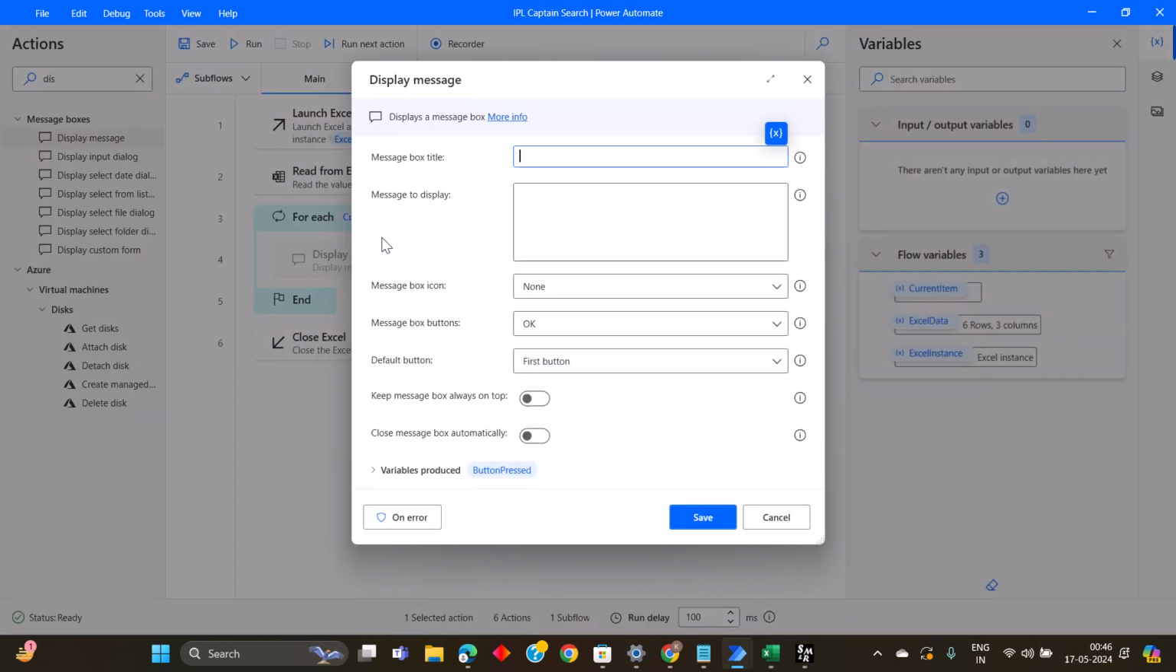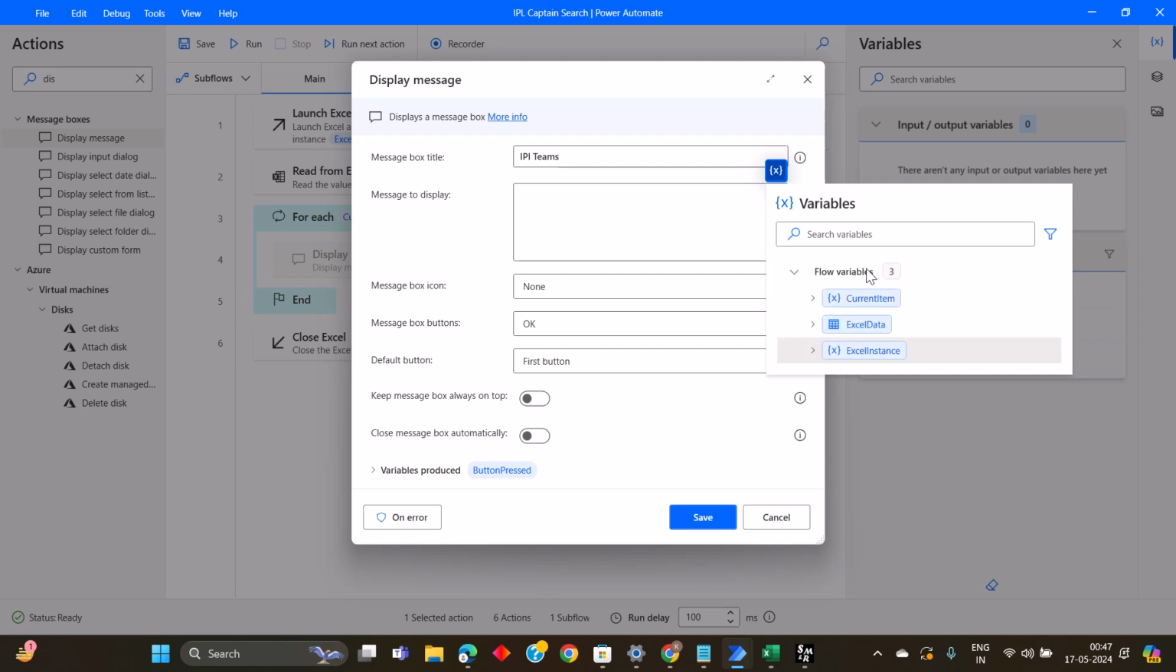And what I will be doing is, I'm giving the display box name as IPL Teams. So IPL Teams is my display box name. And what is the message I need to display? I need to display what is the team I am reading in the Excel. Okay. So I am going and I'm selecting the